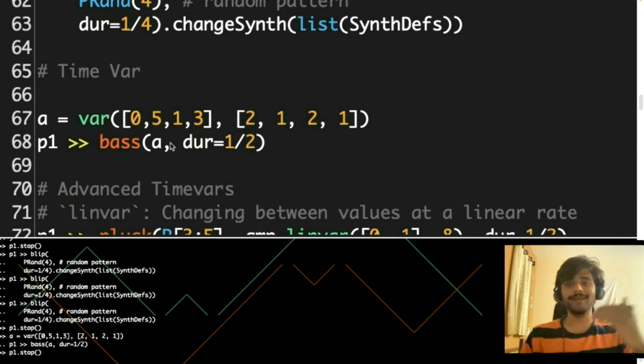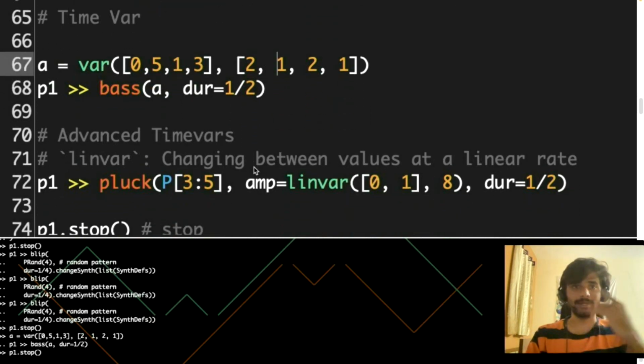you hear notes played multiple times because there's a gap between those beats, and the ones that play more frequently, you're going to hear them multiple times, right? Like say 5 and 3 are what you're hearing, multiple times. So this is just a simple way to tune time variables, but there are also advanced time variables,